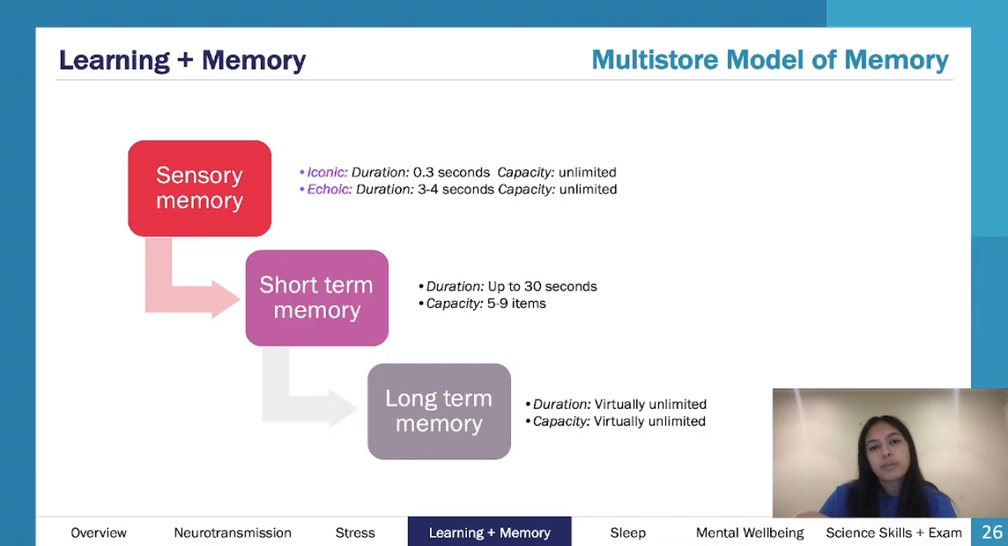And then your long-term memory, just what it sounds like, this super long-term storage. So again, you say virtually or potentially unlimited, basically because we don't really know that much about the brain. It's very hard to study memory. So people ultimately assume that your long-term memory can go on forever, but obviously,